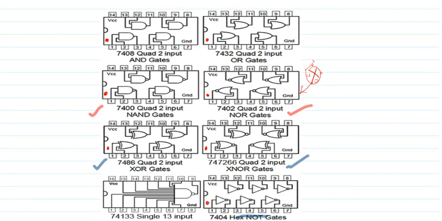Normally for a digital IC, we give VCC as 5 volts. Ground means 0 volts. For all ICs, the 14th pin is VCC and the 7th pin is ground. If you swap these pins, giving the 7th pin VCC and the 14th pin ground, the IC will burn and get completely destroyed. If you look at the similarities, 1 and 2 are the inputs, 3 is the output. Similarly, 4 and 5 are the inputs, 6 is the output.